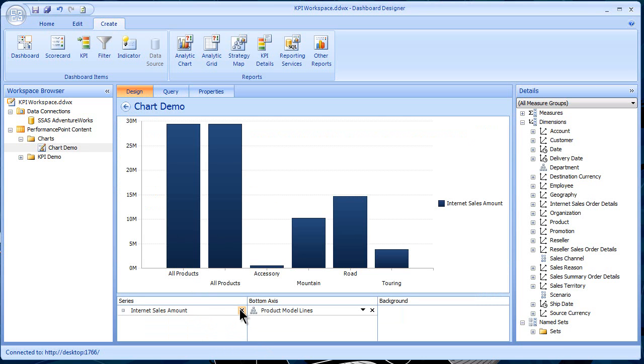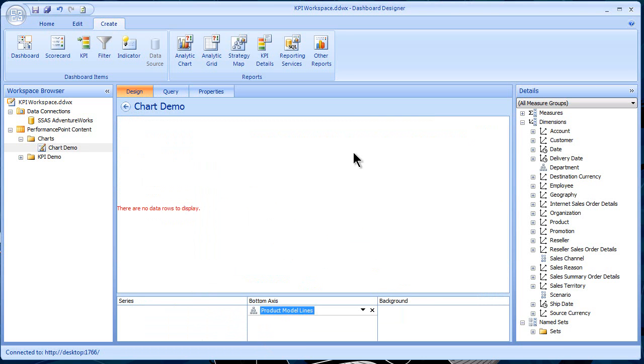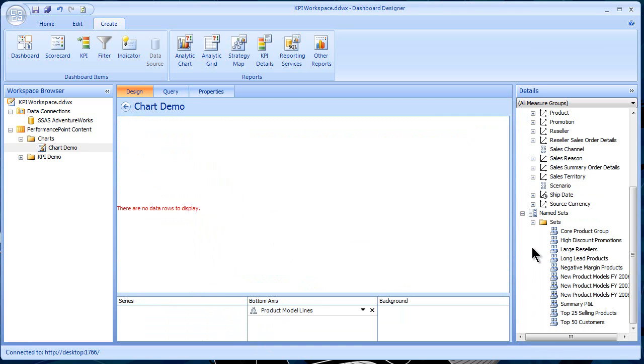I'm going to drop out internet sales. We'll get an update. Nothing, of course. And now I'm going to move down here to named sets. Named sets are a predefined query, if you will, or a set of tuples, if you want the actual definition, that we created in the analysis services cube. So now if I take this core product group and drop it down there,